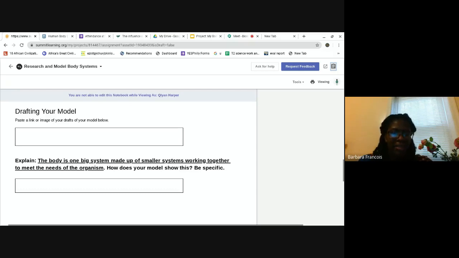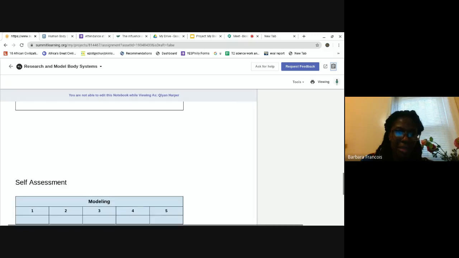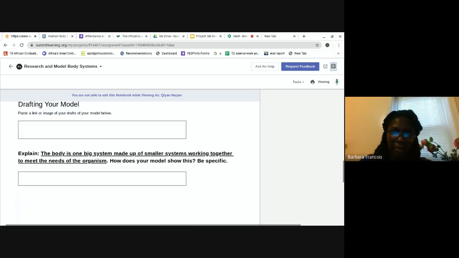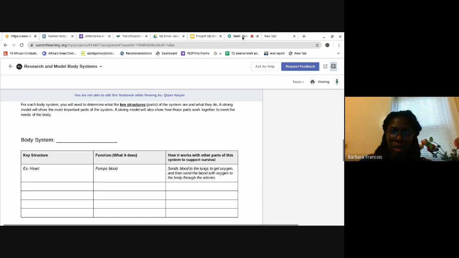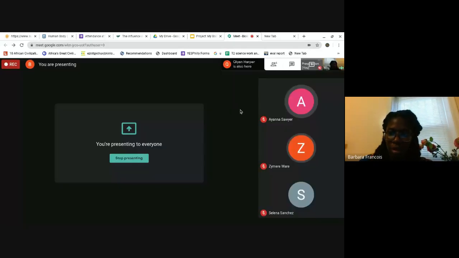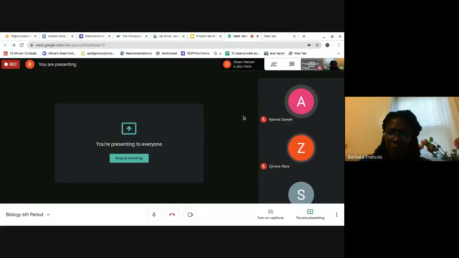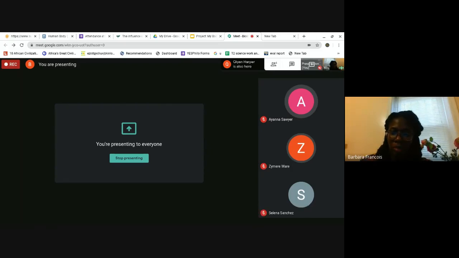So the body is one big system made up of smaller systems working together to meet the needs of the organism. How does your model show this? Be specific. And that's all you have to do for checkpoint 3. I think a lot of people would be happy that one checkpoint has been removed. So when you go to your Summit, you're going to see checkpoint 1 and checkpoint 2 instead of checkpoint 1, checkpoint 2, checkpoint 3,